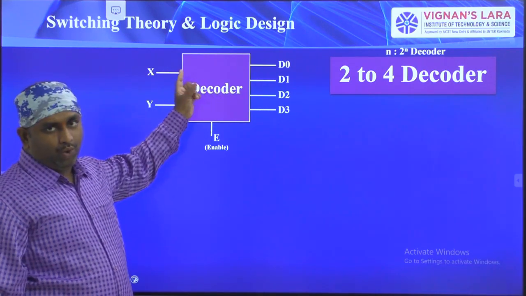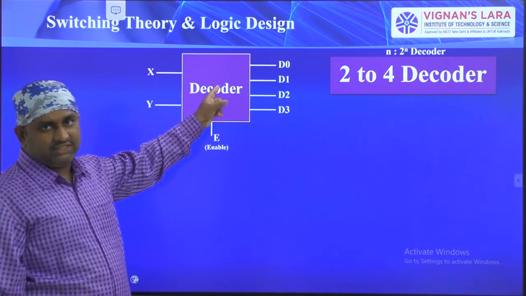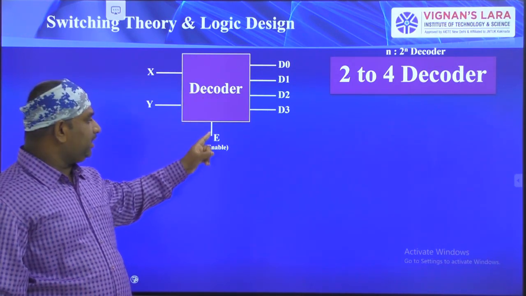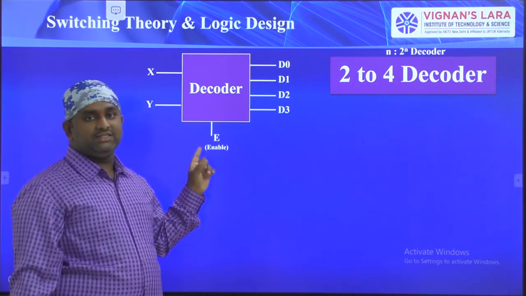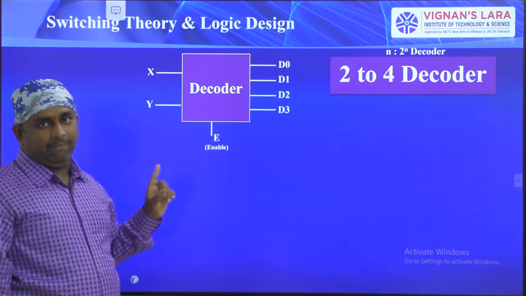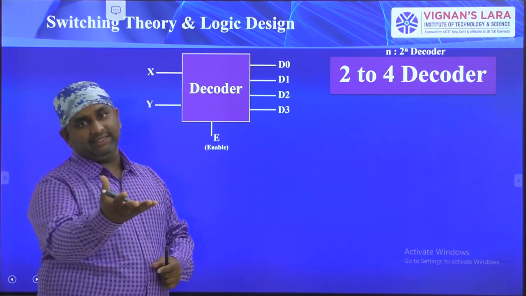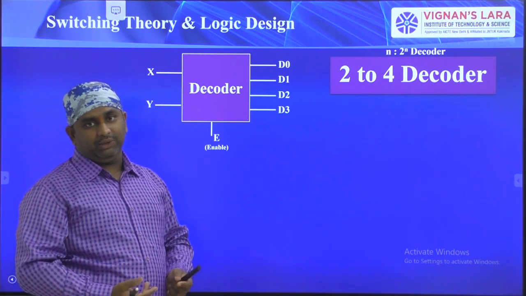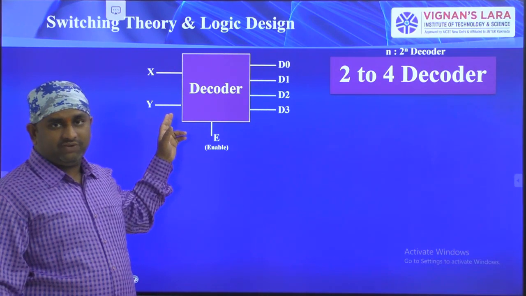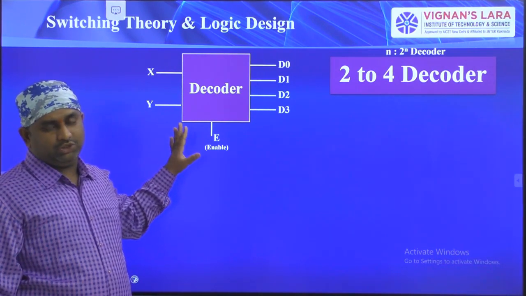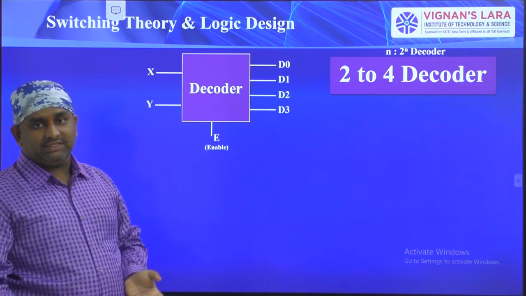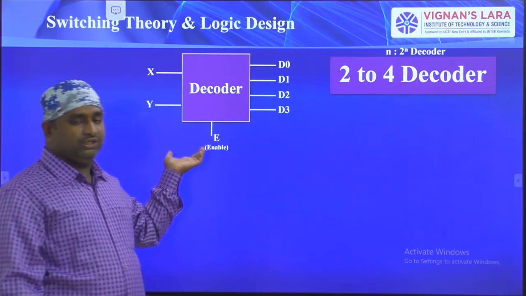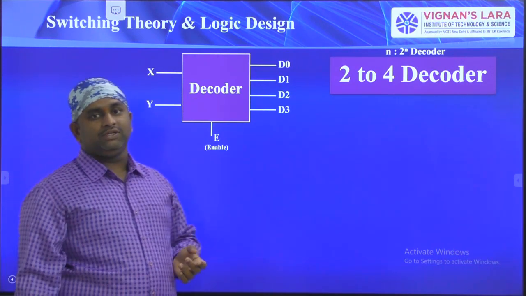If you want this gate to work, you have to switch on this gate. For switching on this gate, you have to put a button. This is the on and off button. E is the on and off button. E for enable, you are enabling the device. Otherwise, you are not enabling the device. If the kit is in the off state, that is called the not enabling situation. If it is working, then the kit is in working state. That is, you have to give the enable signal.